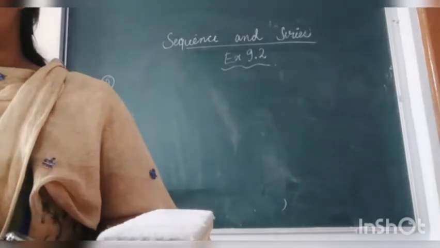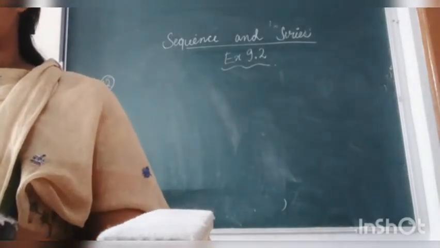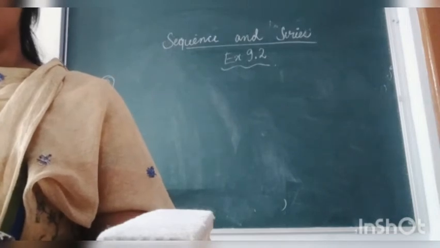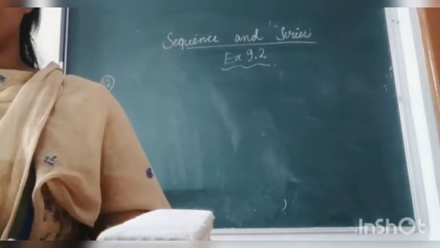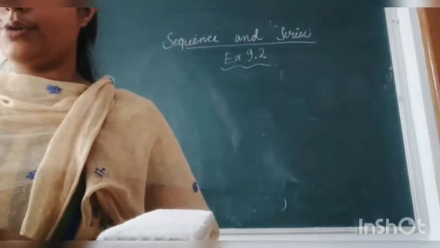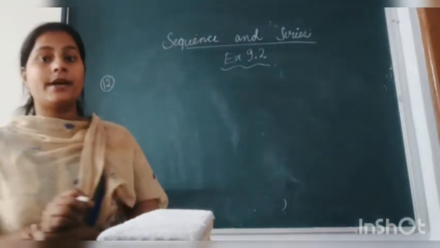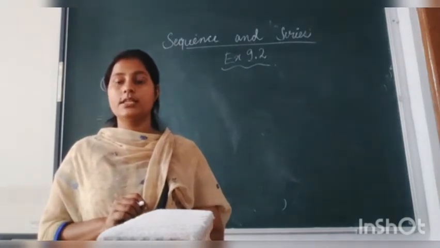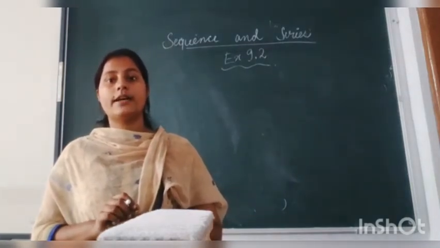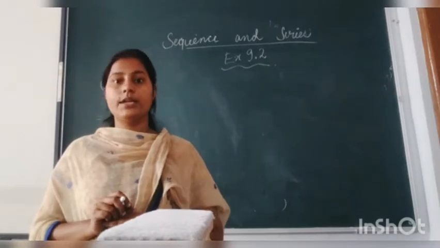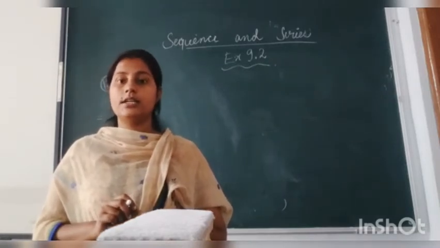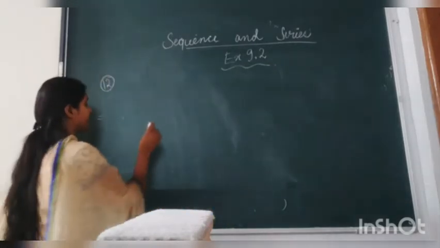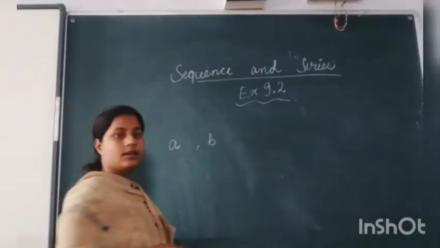Now in your book the next topic is geometric progression. But arithmetic mean we will define now, and after that we will start geometric progression. What is arithmetic mean? You know that if we have two numbers, then to find the average we add the numbers and we divide it by 2. Similarly, if we have to find arithmetic mean, what is the condition? The other number is b.